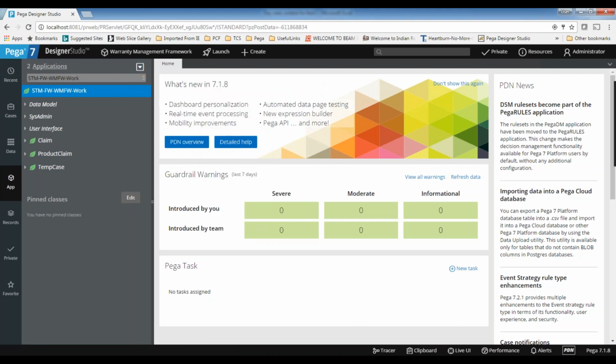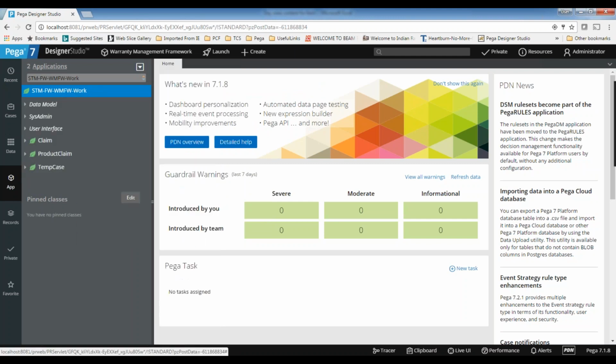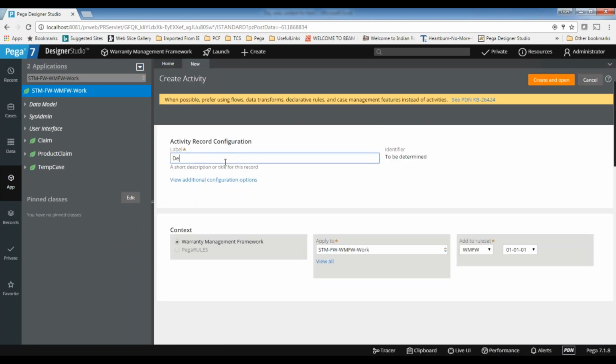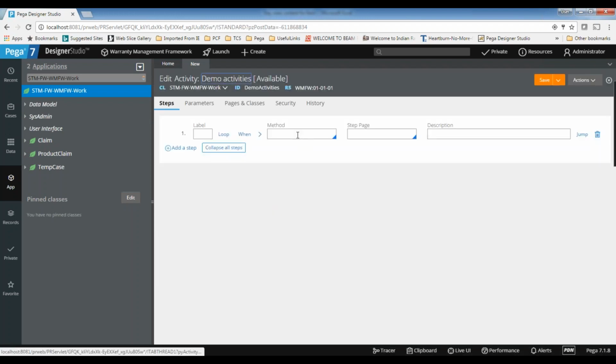Now, if you want to create the activities, it will be in the technical category. So let me go to the technical category. In the activities, we have a lot of methods. For that reason, I will give a demo on these activities directly by running them. We can run the activities directly from the rule itself. For each method I cannot run the case, so I will create the method and show you the impact of that by running from here only.